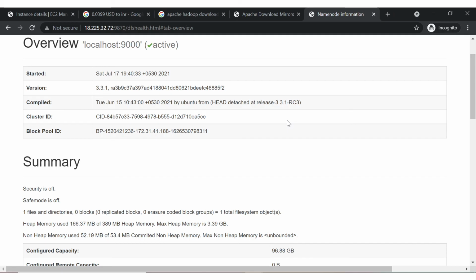You see this is accessible, but there is a problem accessing the YARN dashboard with port 8088 on the public IP address.